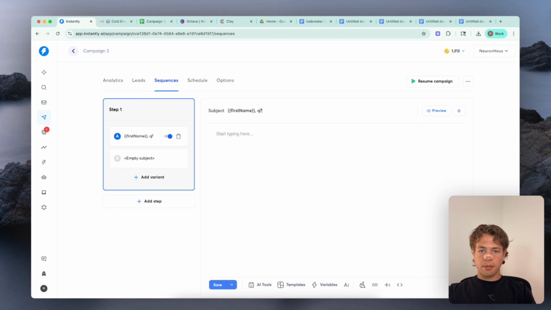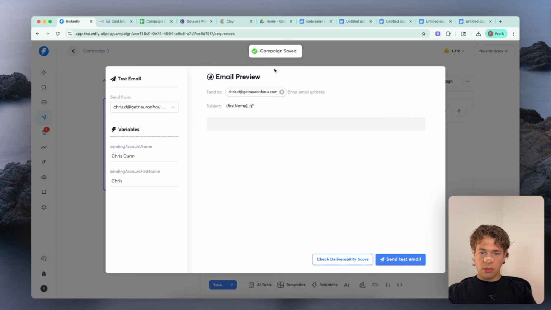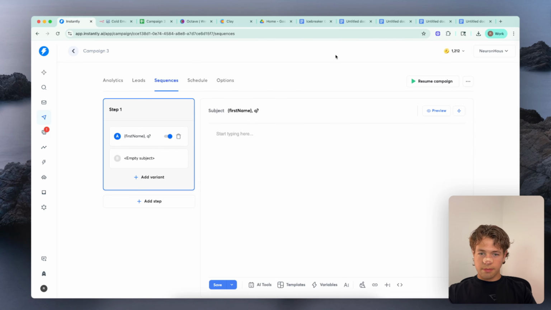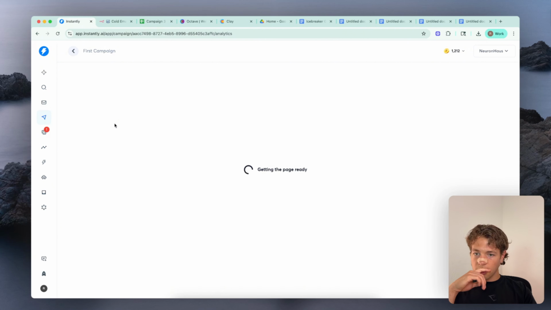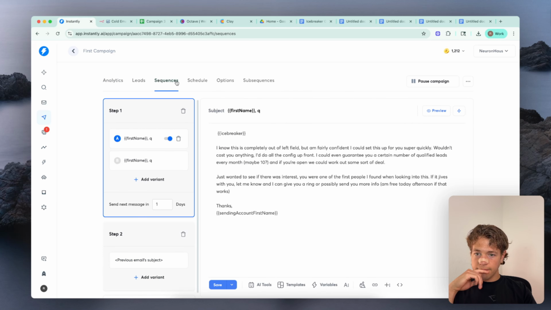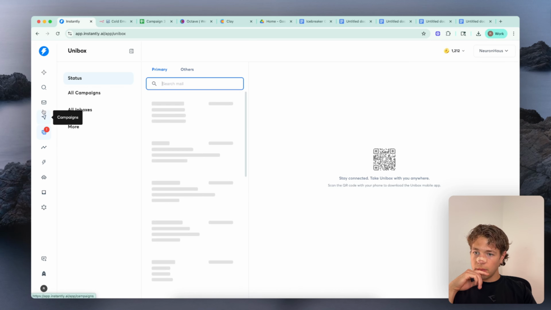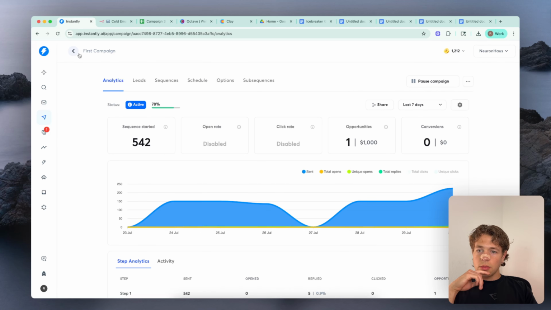Cute. I don't think we use double brackets for that actually. Save. Preview. Might be wrong. Let me double check actually. It is a double bracket. Oops.